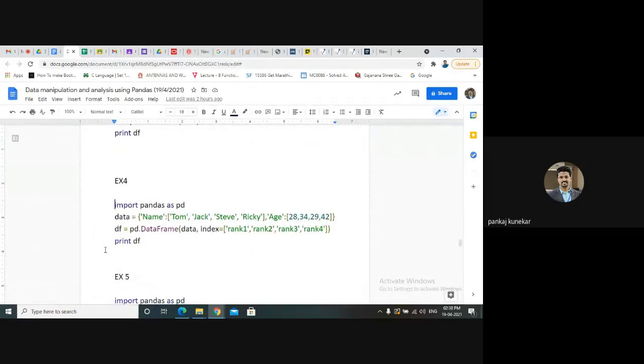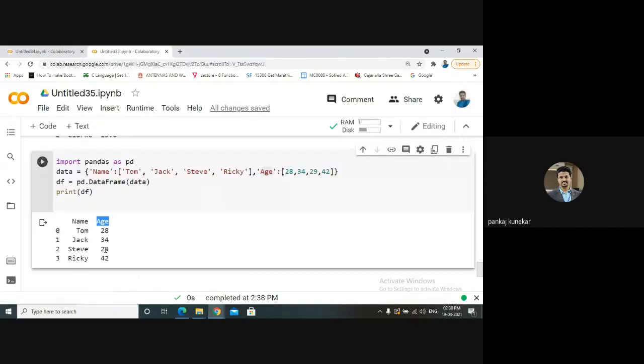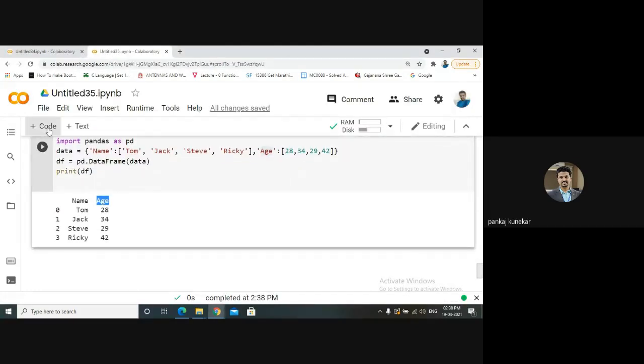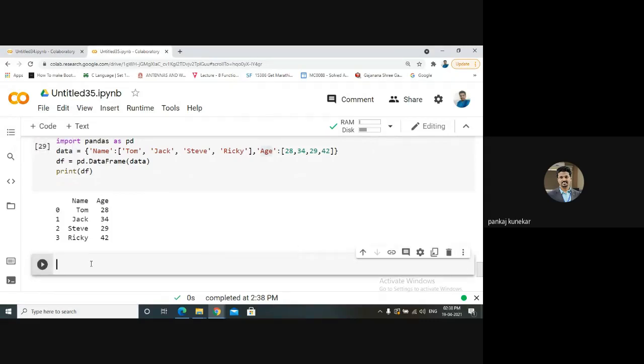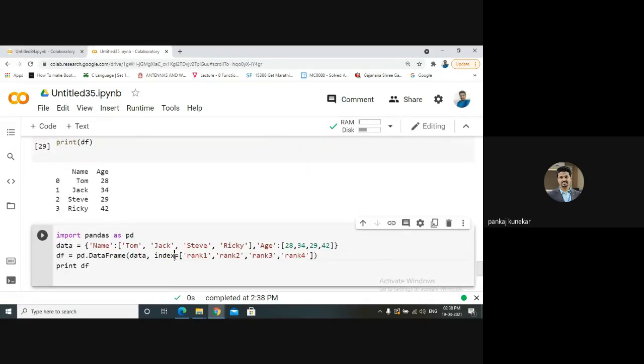We can change the index. By default, we are getting indices as 0, 1, 2, 3, etc. But we can change those row index values using the index parameter. We have created data using a dictionary, and we can change the index names using index equal to rank 1, rank 2, rank 3, and rank 4.